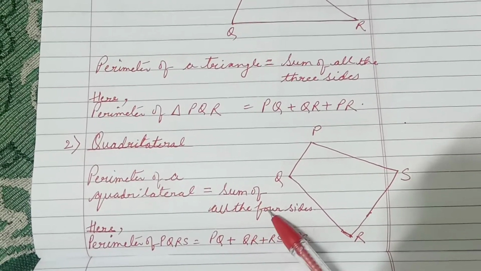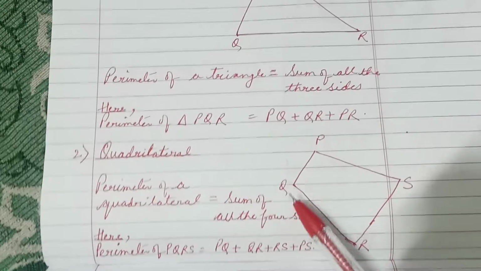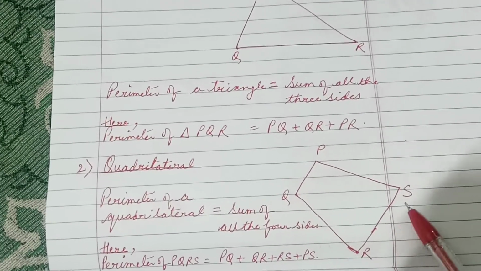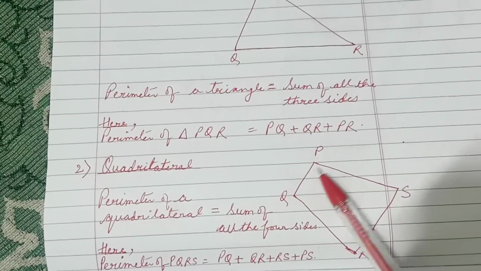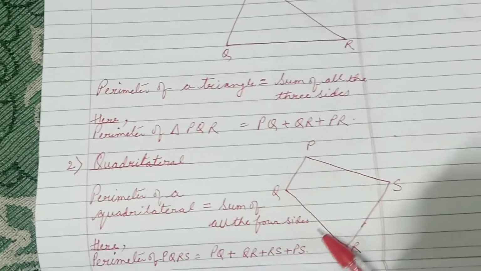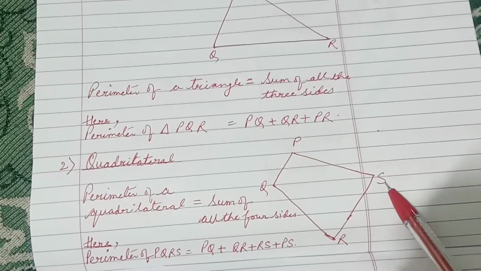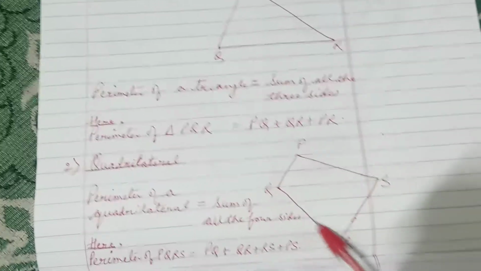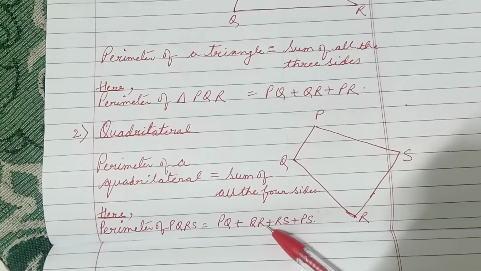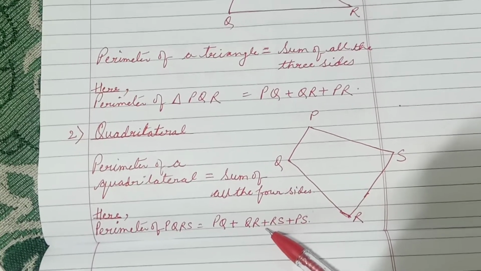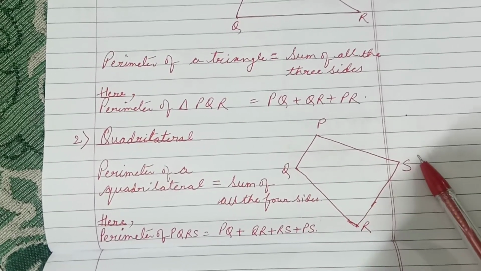Now when we find the perimeter of any quadrilateral, the perimeter of a quadrilateral will be again the sum of all the four sides. Quadrilateral means having four sides. Suppose here I have taken a quadrilateral PQRS. So children, perimeter of this PQRS will be the sum of all the four sides. So we will add this PQ, again QR, then RS and then PS. So these four sides we will add to find the perimeter of PQRS. Getting? So whenever you have to find the perimeter, we find the length of its boundary. Hope you understood.